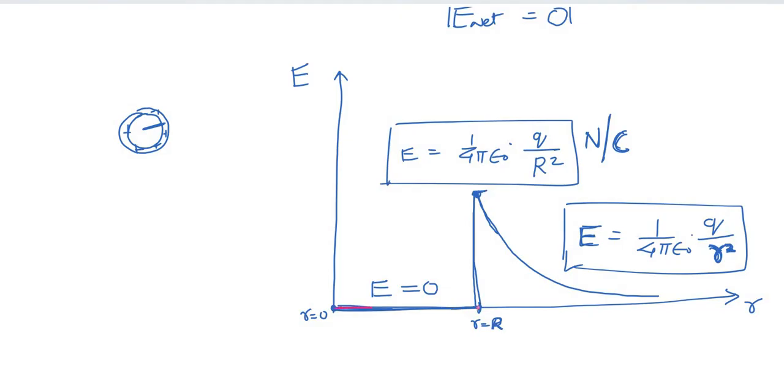So here we can see from the center till the surface, exactly at the surface, till here it is 0. Exactly at the surface, it becomes a very high electric field. And after that, as we move away from the shell, here, or here, or here, it will decrease with distance. So this was all about the